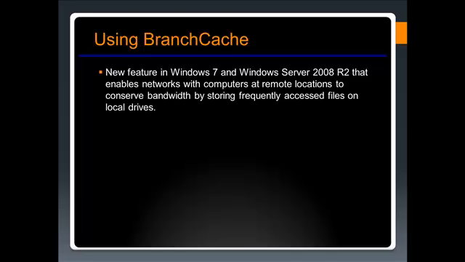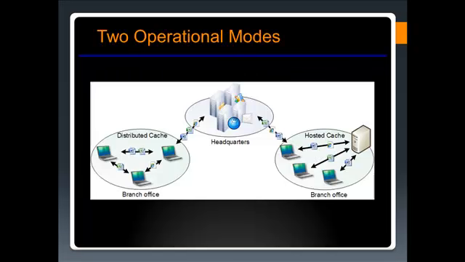I have absolutely no use at all for branch cache. Branch cache is a feature, and the only reason they describe it here rather than in the server class is that it's possible to use branch cache in a client-only mode, and they've got an illustration here of it. You can use it in this client-only mode, called the distributed cache mode, or you can do a hosted cache. With a distributed cache mode, basically what you'll see here